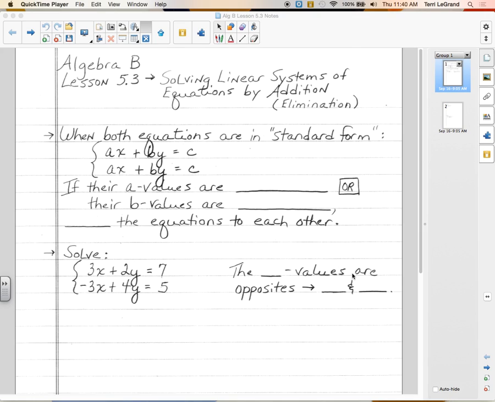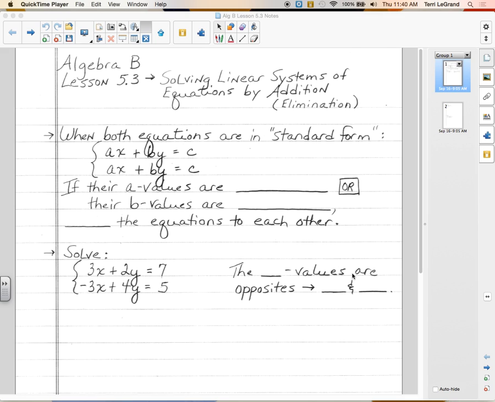New lesson of ours, lesson 5.3, when we're solving by addition, also known as elimination. That's another name that math books and math teachers will use when they're talking about solving systems by addition. They might say it's solved by elimination instead. So when both equations are in standard form, you remember this from last year,